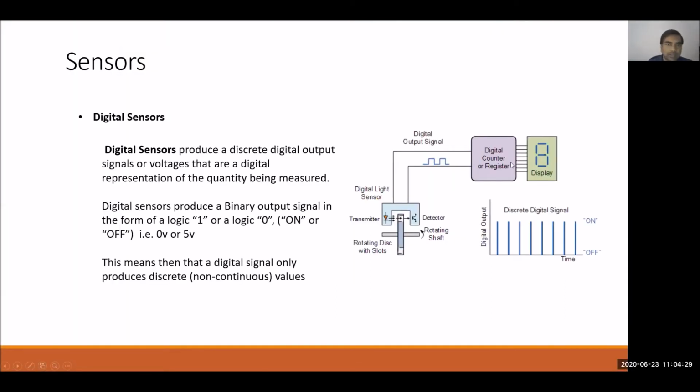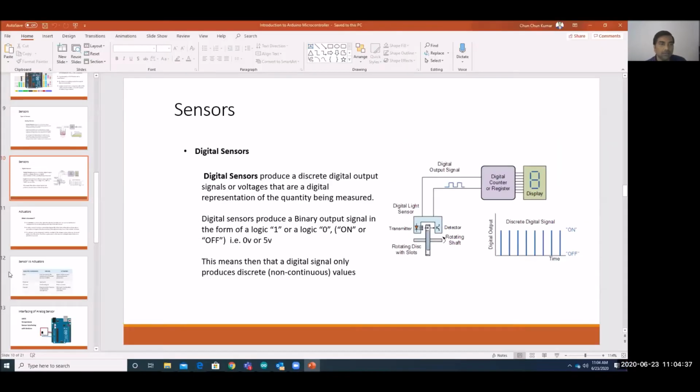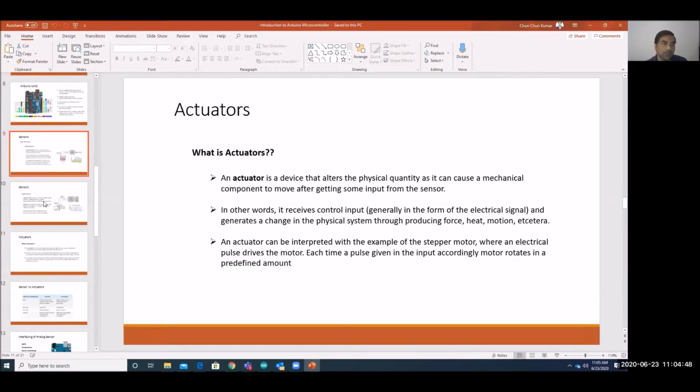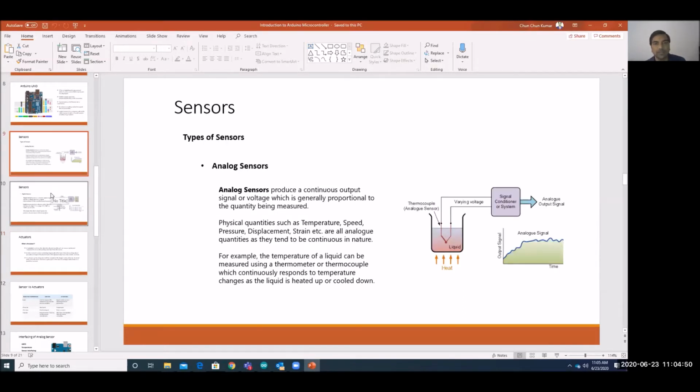So today I will show you how to program for an analog sensor and how to program for a digital sensor. Okay. So first we'll cover the sensors, then we will go to actuators, and then we will understand what actuators are. Okay. So today after this sensor, we will be practicing with two sensors, one each of analog.